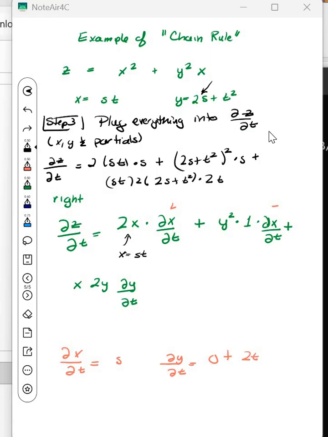Okay, so take boards, you try it out, but this time I want you to find the partial of z with respect to s. I did the partial of z with respect to t. I'd like you to do the partial of z with respect to s. All right,